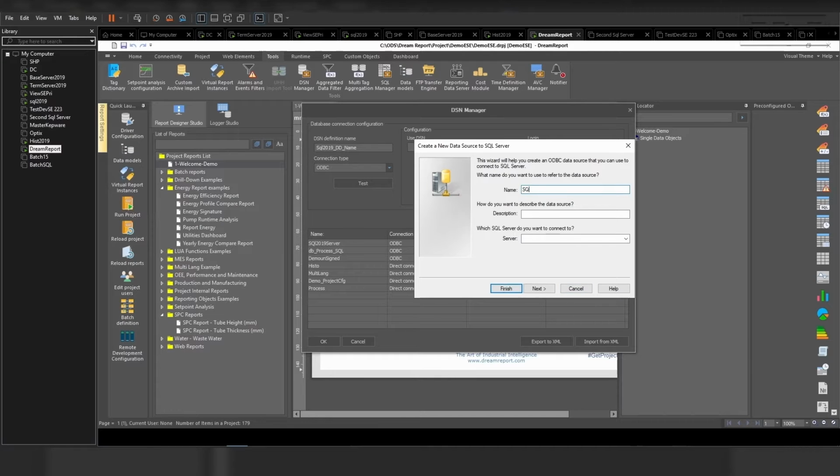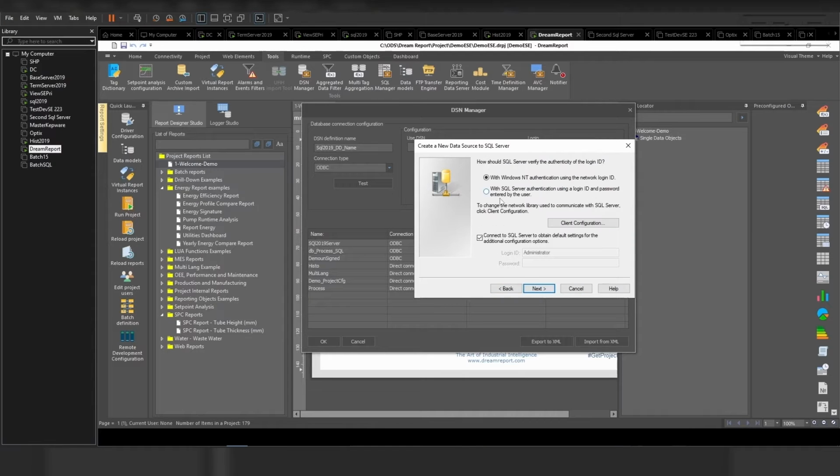In my case, I'm just going to name it SQL 2019 underscore DSN. The server, in my case, is SQL 2019. That is the name of my SQL server that I'm going to be connecting to. Click Next. I'm going to use the SQL Server authentication. You may choose to set yours up differently and use a Windows authentication, but I'm going to use SQL Server